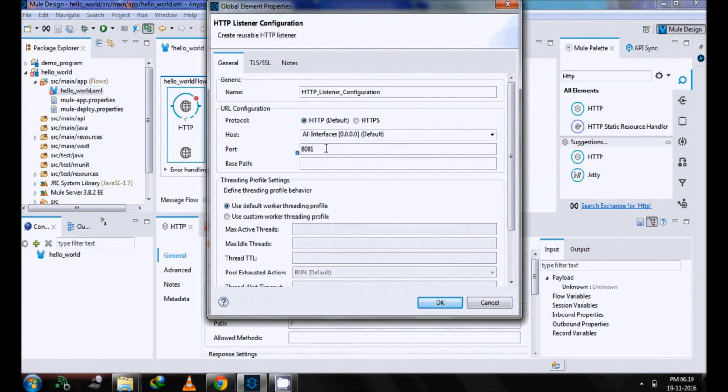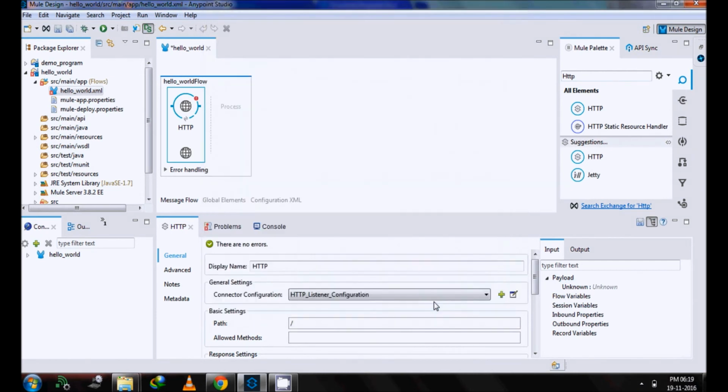If you face some problem using port 8081, then you can change this port as you like. If this port is not available for you, that means in your machine another application uses this port. So don't worry about that, you can change it as you like. Now I take 8081 because for my machine it's allocated. So I hit OK, and there is no error, so save it.